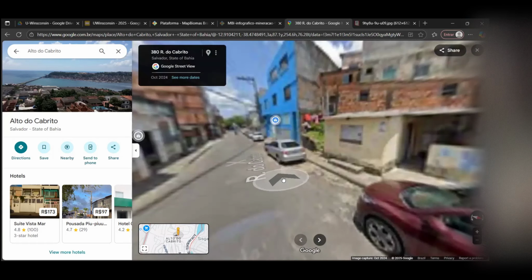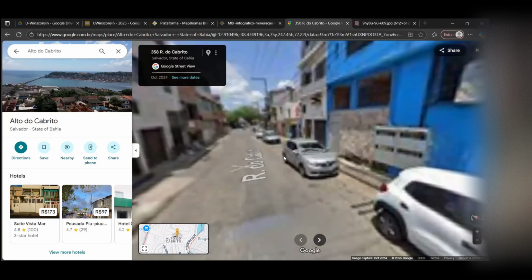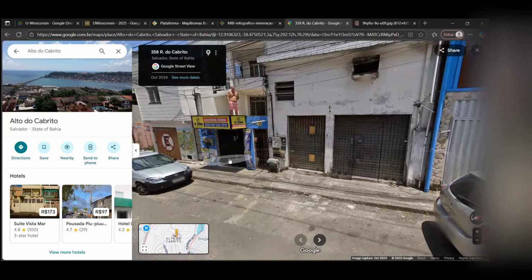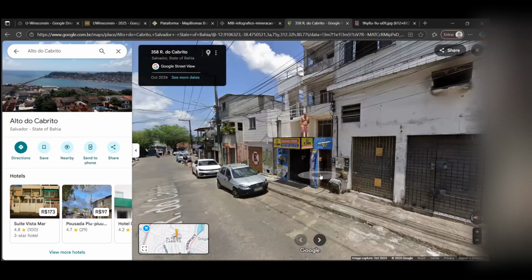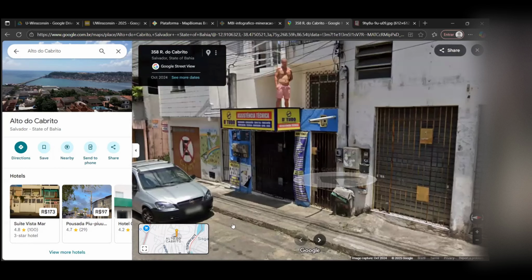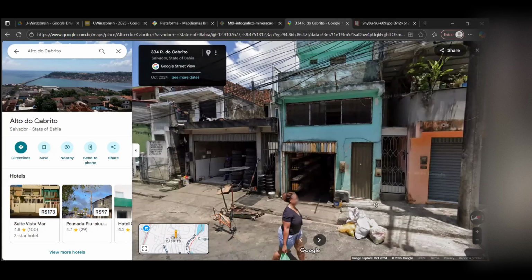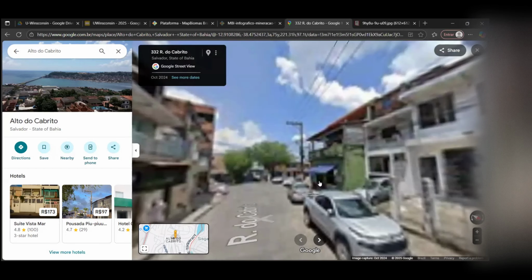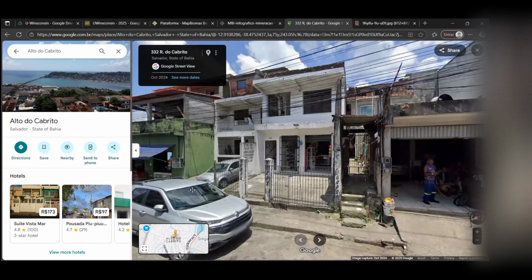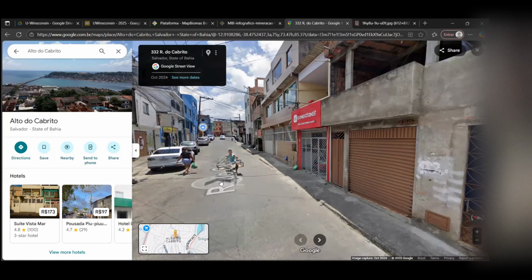Another thing that I usually explore with my students is that the slums teach us a lot about the mixing possibilities of the urban space. So if you look into all these streets, they are all mixed uses. There's always a small store. There's always something happening in the commercial use, or in this case, a tire shop, everywhere. You can see it everywhere. And people are walking around. So the way they build it and the way they mix the uses inside the slum make it walkable. You can walk around. You need to walk around. You cannot use the car for most parts of the slums.